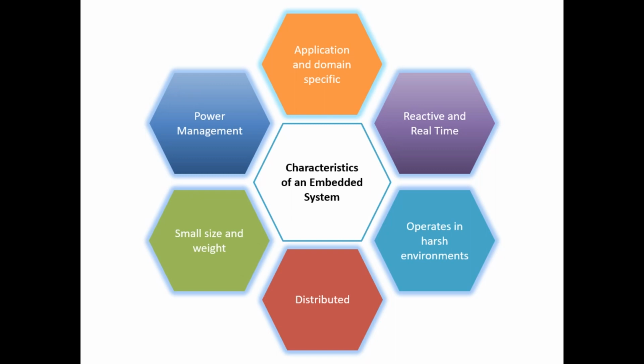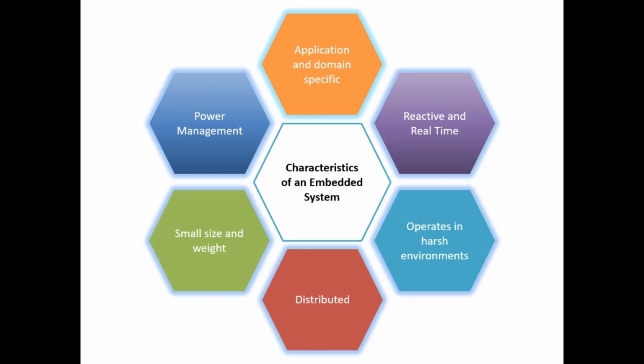The next one is that a designed embedded system should be able to operate in harsh environment conditions. Always we will not have controlled environment conditions where we design these systems. So we have to check where this is used, and based on the application we should be able to design the system. So it becomes an important characteristic to be taken care of. And in most applications, you will have more than one embedded unit working in tandem to give you the final goal. So your embedded system should be able to work in a distributed environment. So it becomes a characteristic.